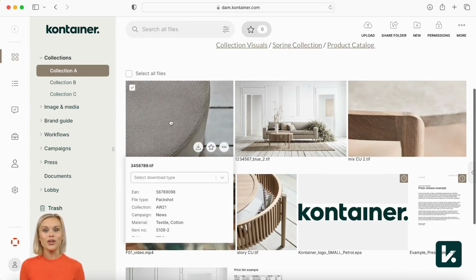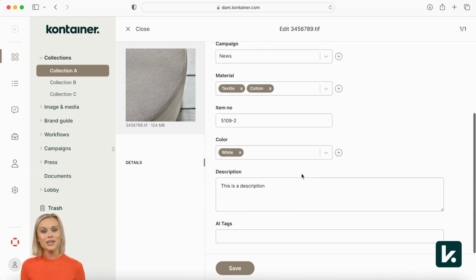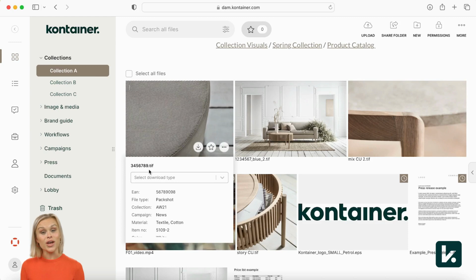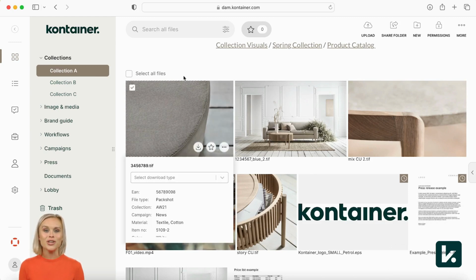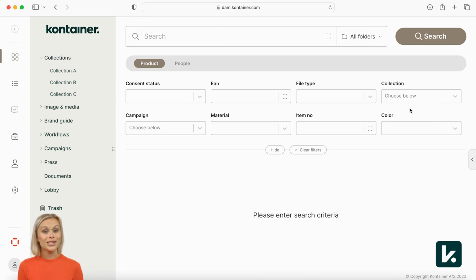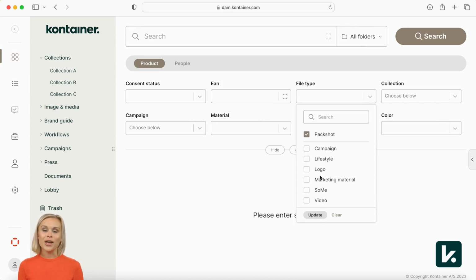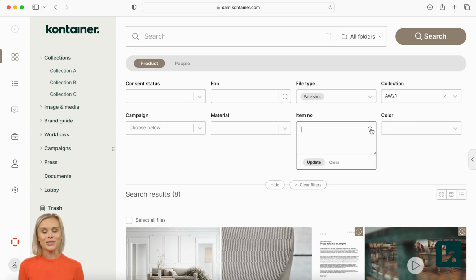Now let's explore our custom field tagging. These are highly flexible and will be tailored to your exact needs. Think of them as data categories that help you refine your searches and filter content effectively. Product information can be auto-enriched on the files by simply uploading an Excel file or making seamless integrations to ERP or PIM systems. Searching the platform for files is easy when you filter results based on attributes, like a specific